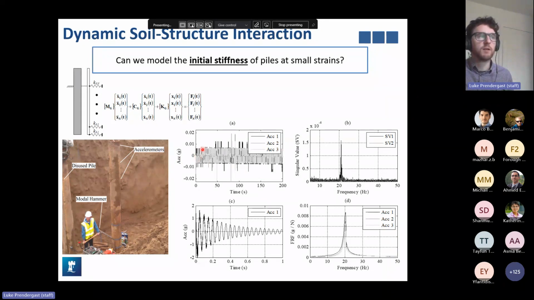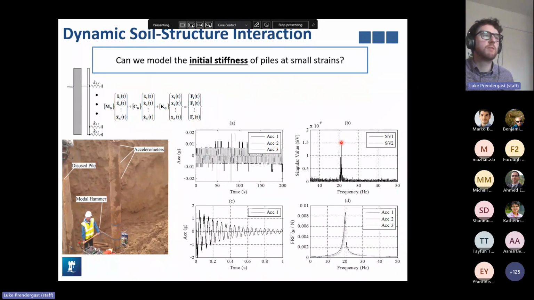Now, this signal here is an ambient signal. So basically, we can actually see the noise bands for anyone who is interested in signal processing. The excitation was from wind and construction machinery basically moving around the site, and it gives this very low level ambient excitation. So we measured 200 or 300 seconds worth of signal, and then we simply analyze it with frequency domain decomposition, which is a form of using Fourier transform analysis.